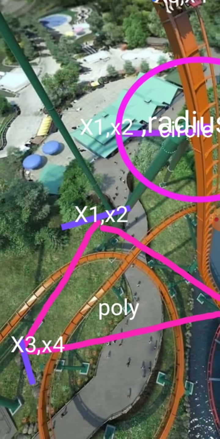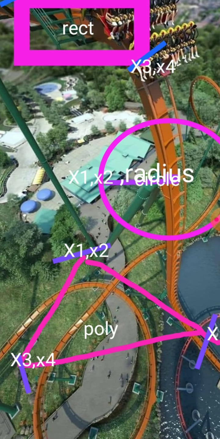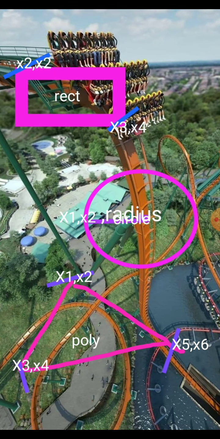Next is polygon. I took this shape, so it is x1 y1 x2 y2, and you can start from anywhere. These are 6 points; for a polygon you can draw any shape, and then the points will increase. The minimum is 3 pairs of coordinates, that is 6 coordinates.